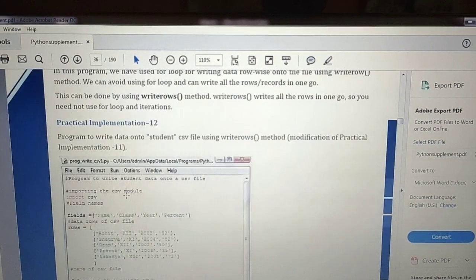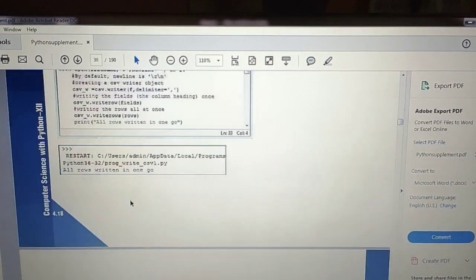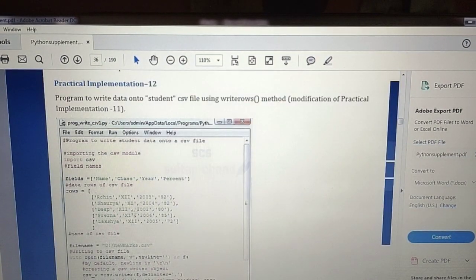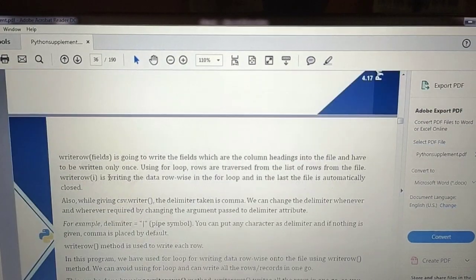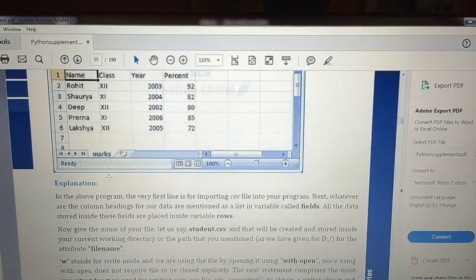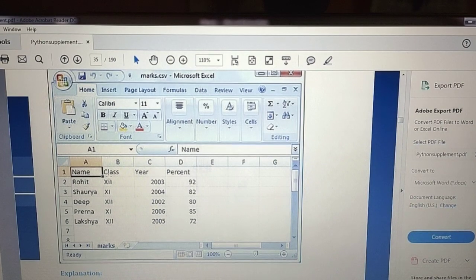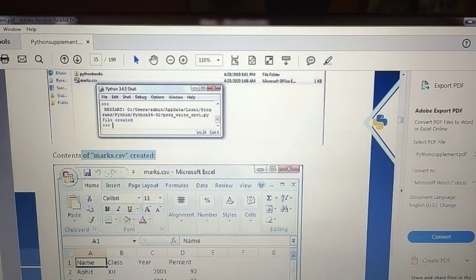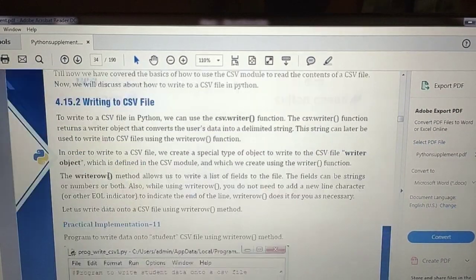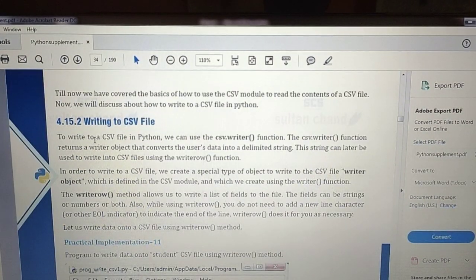They have given an explanation also, not necessarily they have all the things. So I think you can write programs, read or write data with the help of your CSV files. Okay, so try to do these things in your copy and also in your system.